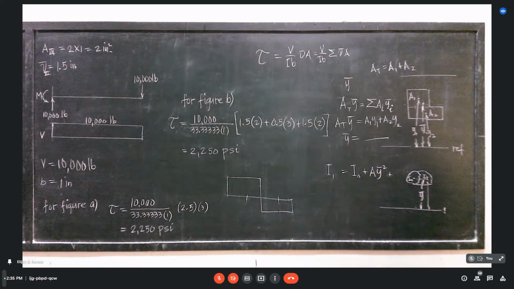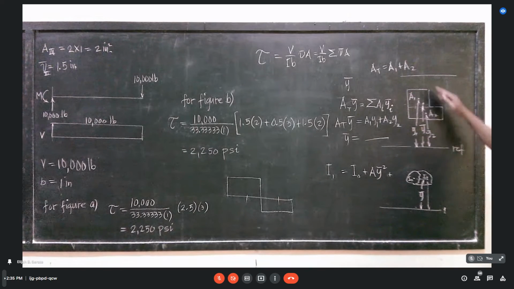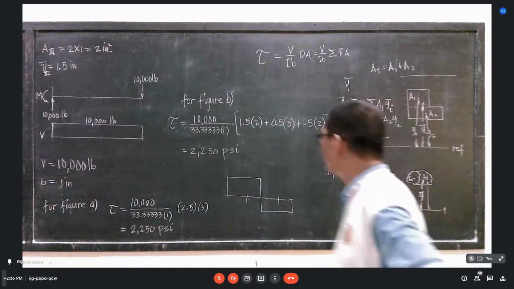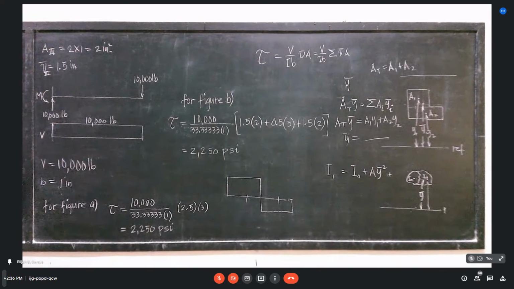So, in other words, if you are just going to decide og asa imong reference, it is best to have a reference nga one side ratanan ang imong area. Like this one, no? Mura ra na siya og the moment ka, no? Moment of